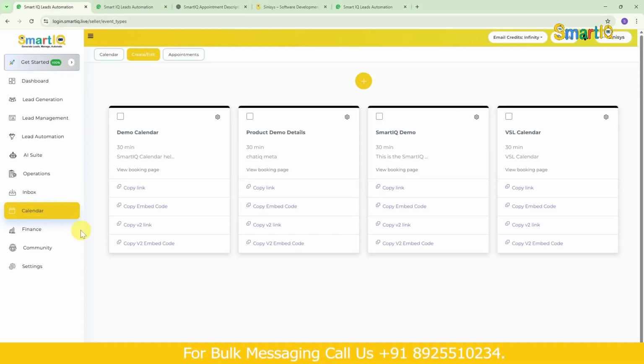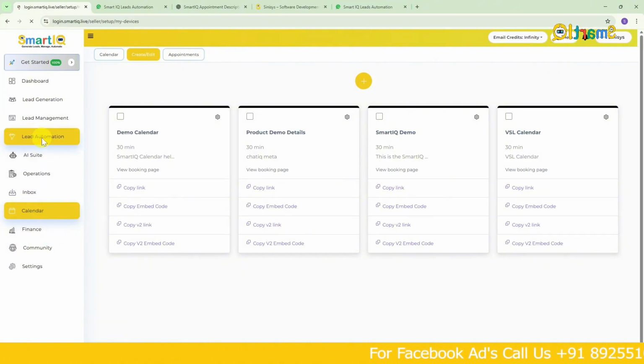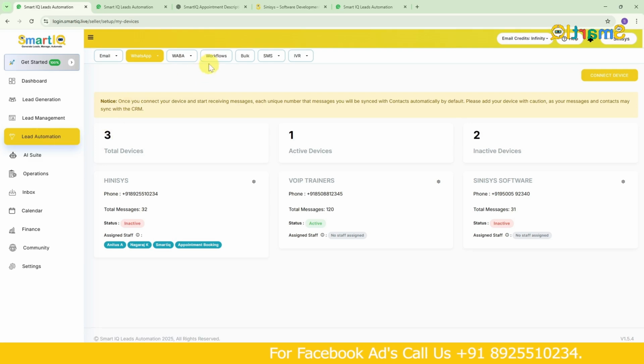Now we can add a workflow for this. Once the customer fills out the form, you should get a message, something like that. So now we can add a workflow. Okay, for workflow, where should we go? Earlier in our videos, we saw lead automation, right? After going to lead automation, we need to create a workflow.